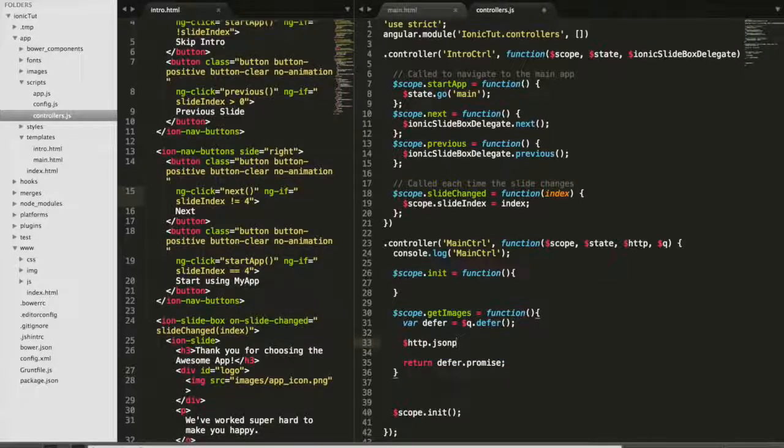http.jsonp. Okay, so the Dribbble API is very new, and it has a lot of issues with cross-origin requests. So one way to get around that is to do JSON with padding. So you're sending these things back and forth with this padded JSON file, so it doesn't freak out when you're sending it JavaScript, because a lot of web security doesn't like when you send JavaScript files, especially if it hasn't been built to accept CORS, like cross-origin. So JSONP is the only way to handle that, and we're going to throw this